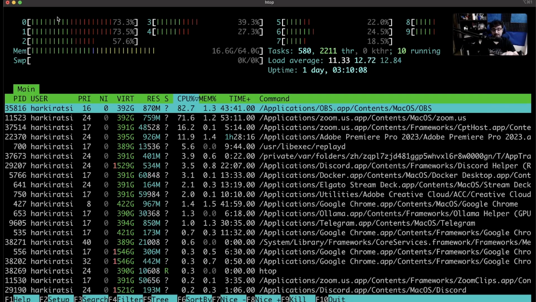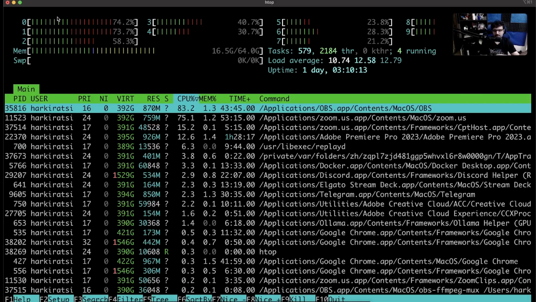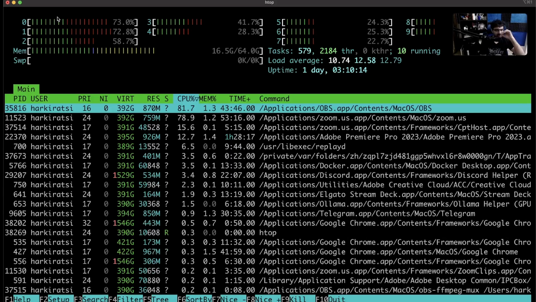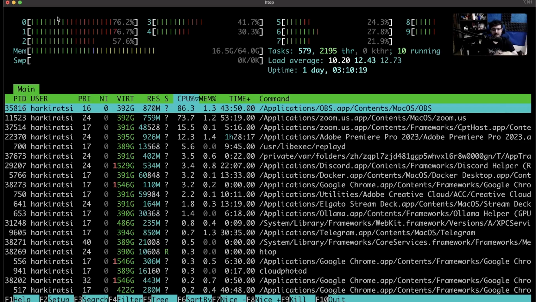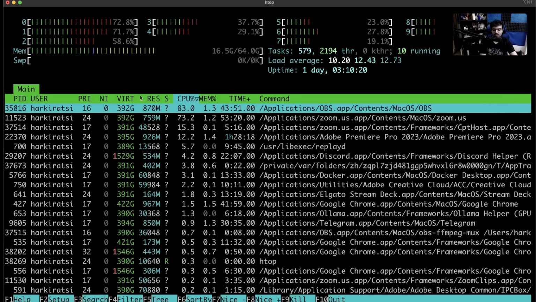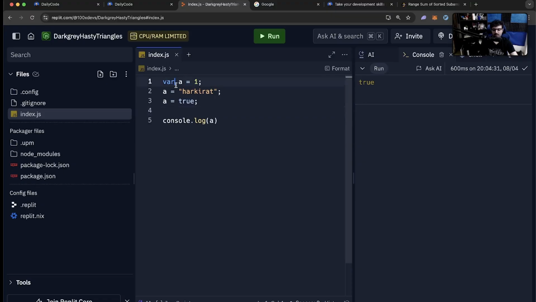It lets you run a single thread. What is a thread? This is an operating system concept, but a thread is a single execution layer of a language. Too jargony, but basically think of it this way. If you are writing JavaScript code, the code will run line by line on a single thread, which means first this line of code will be running on a thread, then this line of code will be running on the same thread, then this, then this.